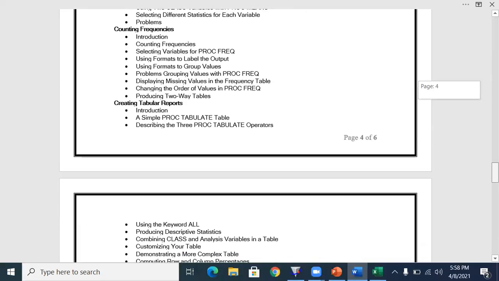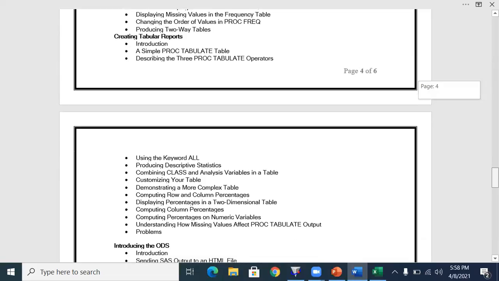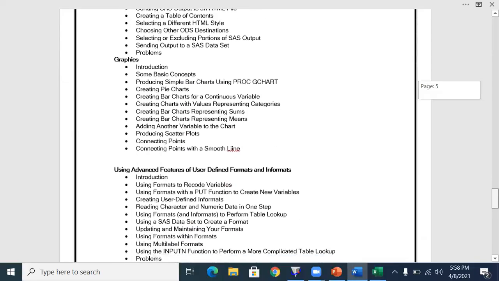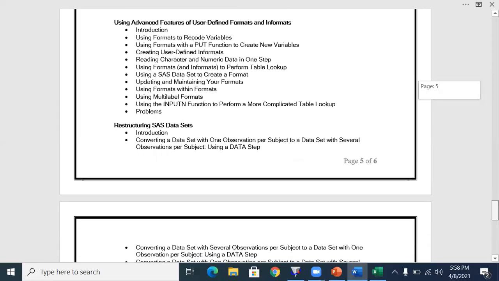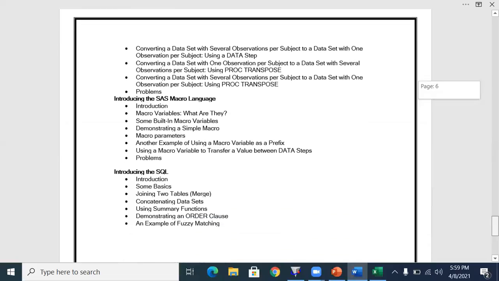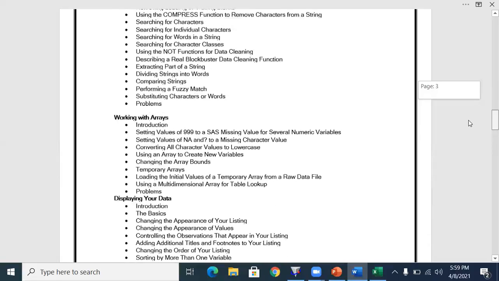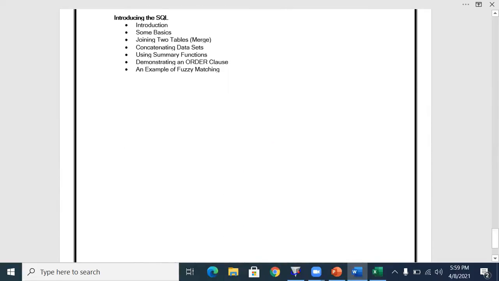To do the statistical analysis, we need all these things: proc means, proc summary, proc freq, and tabular reports, proc tabulate, ODS, proc graph, and even proc format, proc transpose, and macros, proc SQL, and even proc copy. Everything will be covered in this. Okay, see you tomorrow.